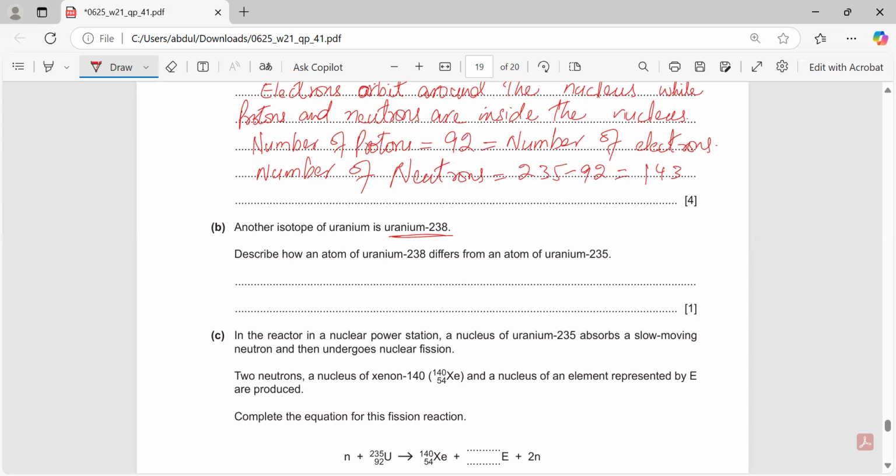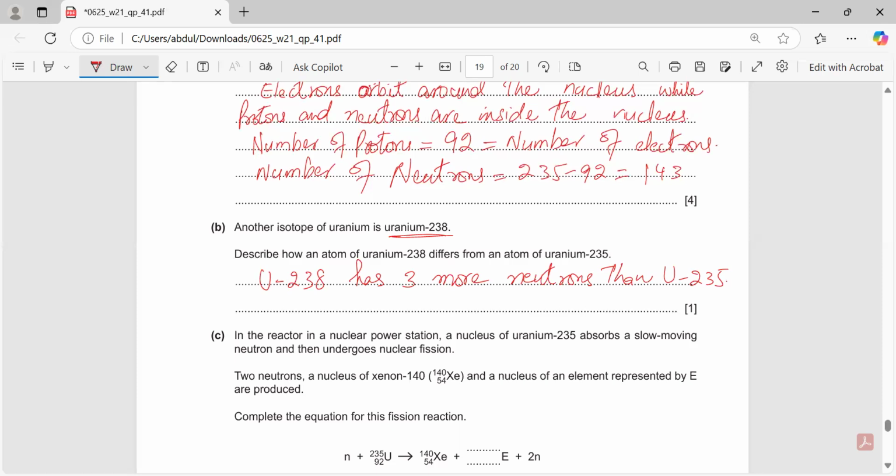So number of protons are same in both, 92, but that's the answer. Uranium-238 has 3 more neutrons than uranium-235,